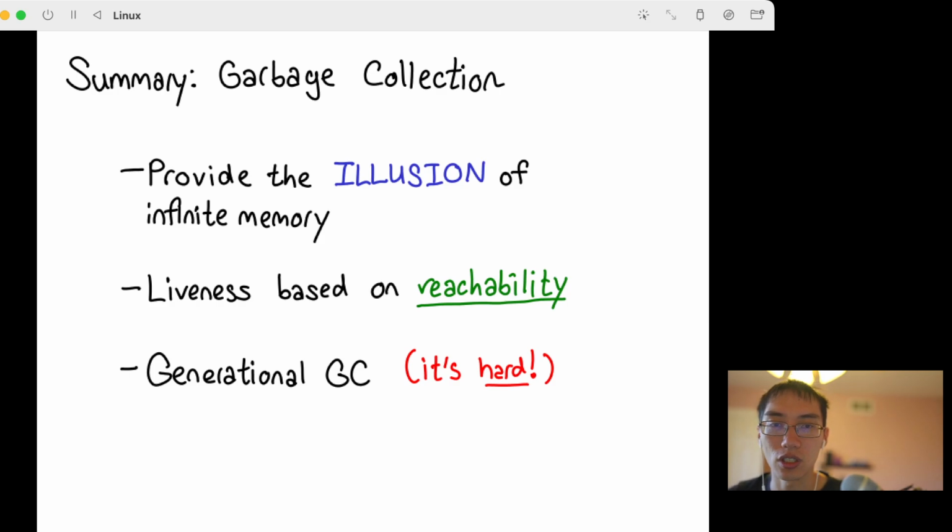It provides the illusion of infinite memory. Liveness is based on reachability, right? Because that's the easiest thing to do. And there's one more thing that I didn't talk about, which is this concept called generational GC, where the idea